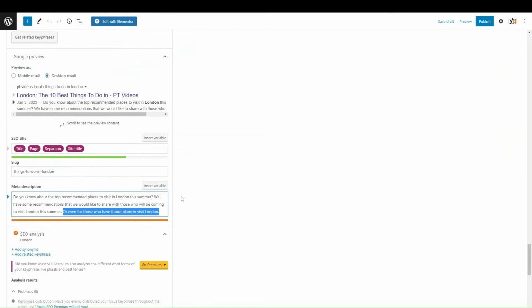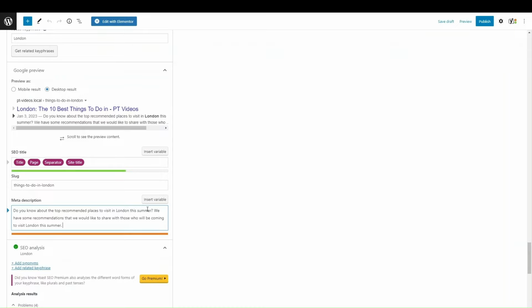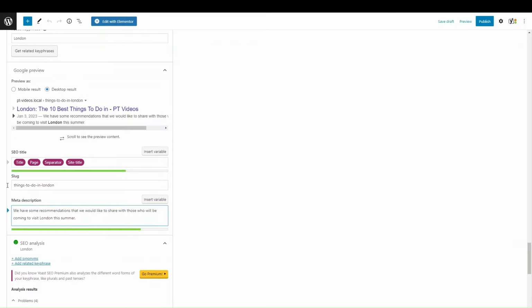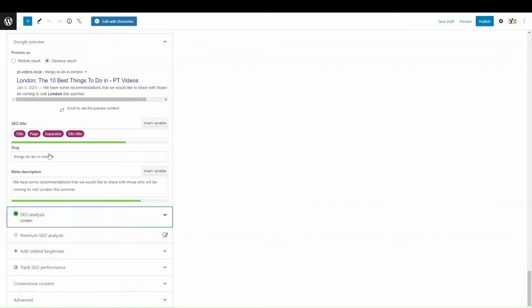So maybe if we start removing a few sentences, a few words, the bar will go down a bit. You can see now that it's in the green, it's a good length, so we can keep it that way. The trick with meta description is that you want to make sure you're writing enough that it shows within the Google search results, and also that it's readable to the user. Once they read that, they can understand what this page is going to be about, and then they click into it. So it does need to accurately describe the page,